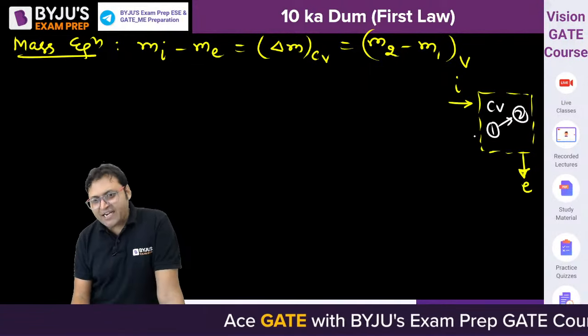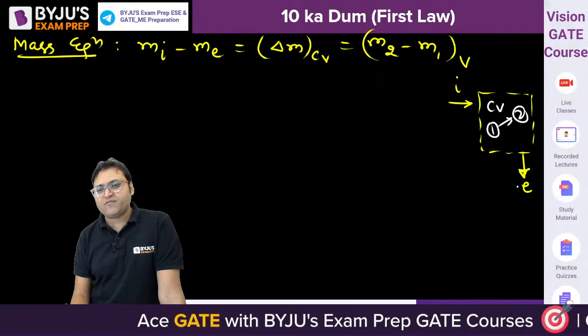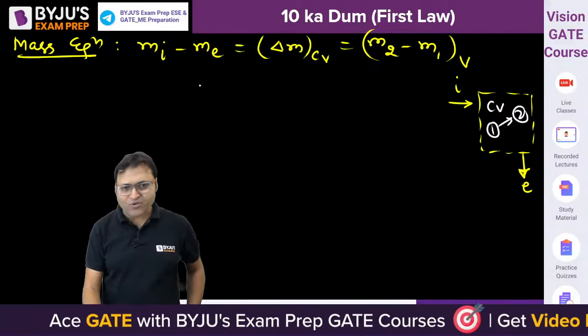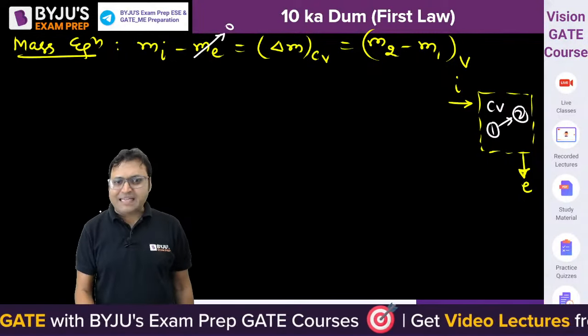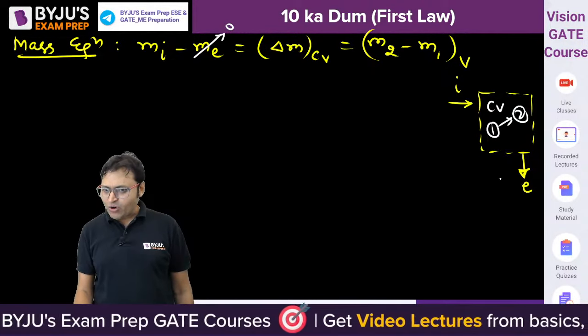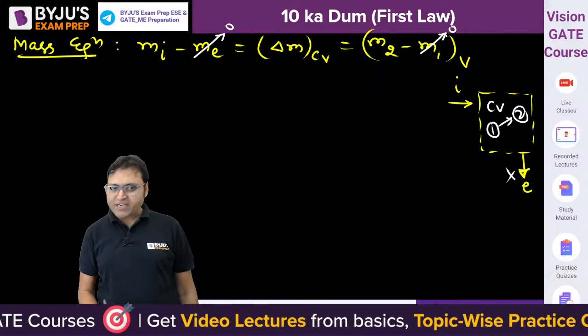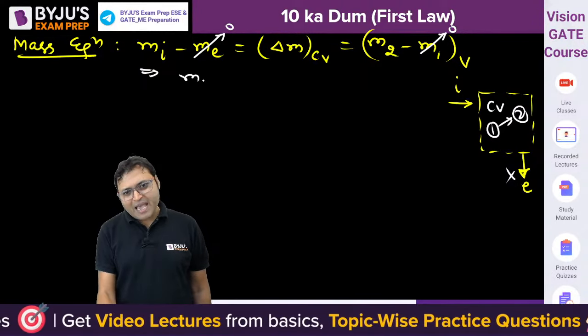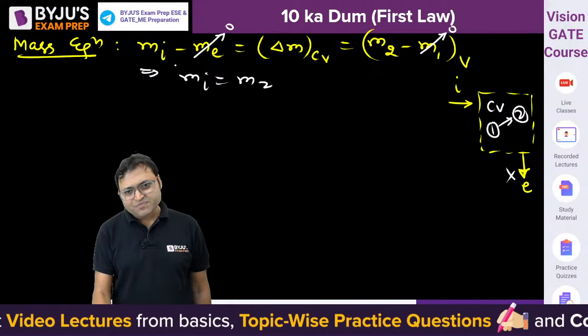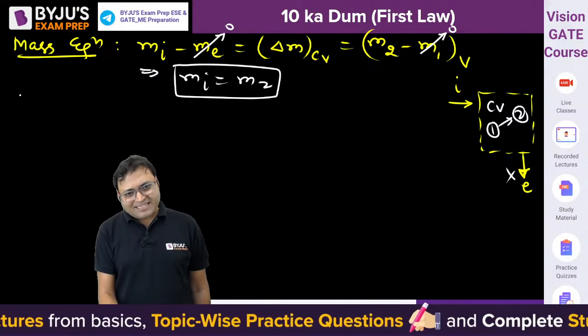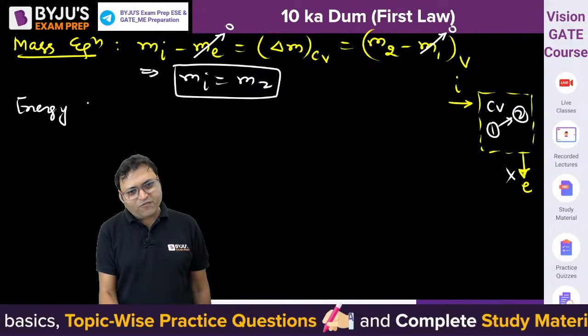So mass entering into the control volume minus mass leaving from the control volume is equal to change in mass in the control volume. There is no outlet in the tank. And initially the tank is evacuated. So what we get is Mi is equal to M2. That is one expression. The second is energy equation or first law